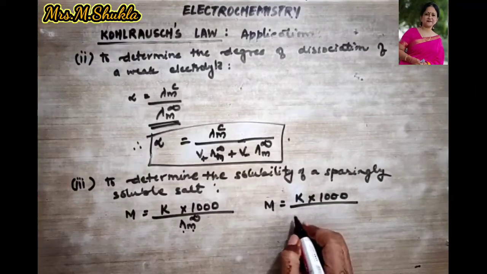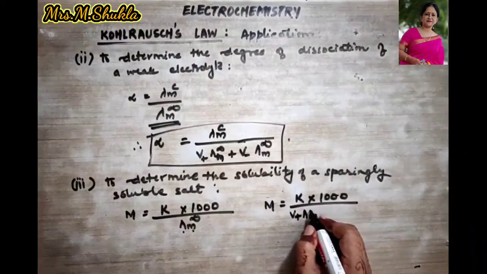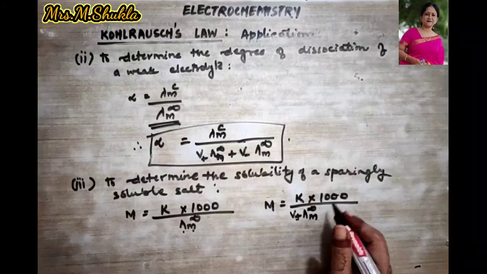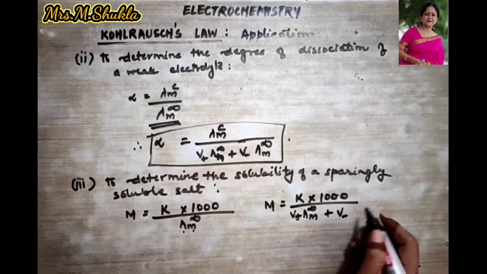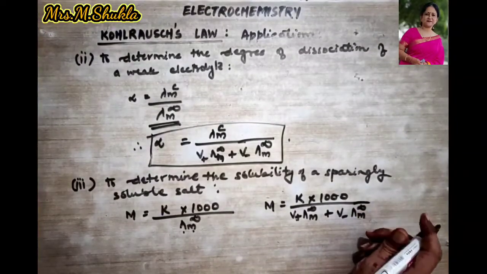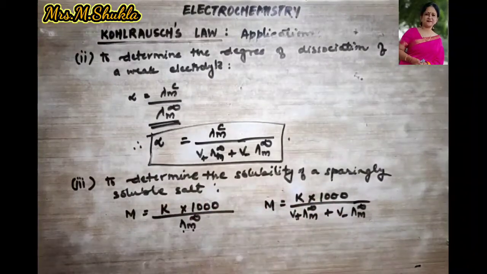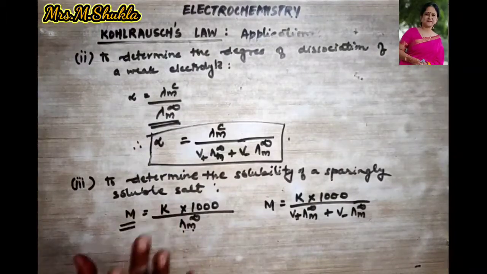So we can write it down like this: V plus molar conductivity of the cations in the infinite dilution plus the molar conductivity of the anions at infinite dilution. Clear? So over here M means molar concentration of the saturated solution of the sparingly soluble salt,